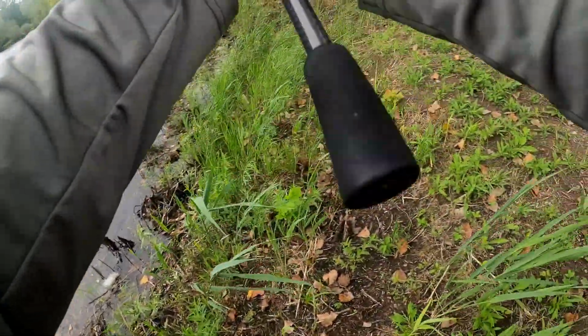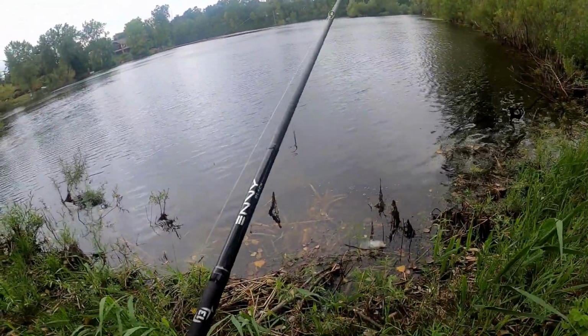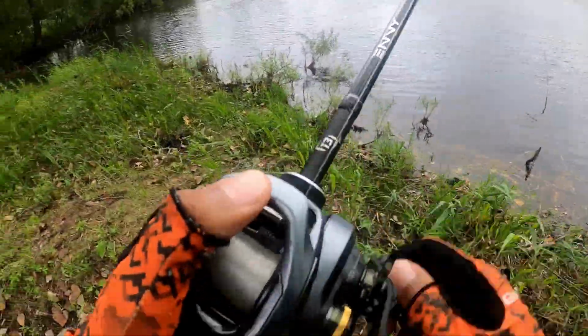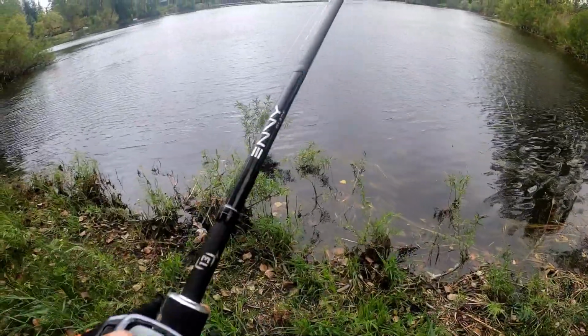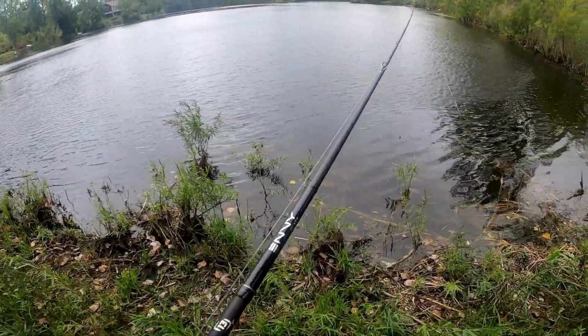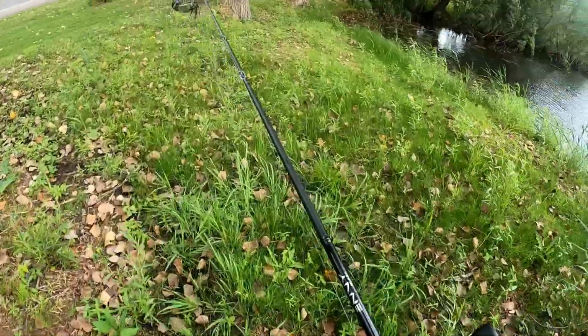He smoked that thing. I think that was the same one that bit it way out there, and then he just kind of followed it in. And that might be a good indication of the fish being inclined to bite this thing. Like I said, I'm really sorry about this wind. There's definitely some sort of storm coming in, and it's surging pretty hard right now. Sorry. But anyways, guys,